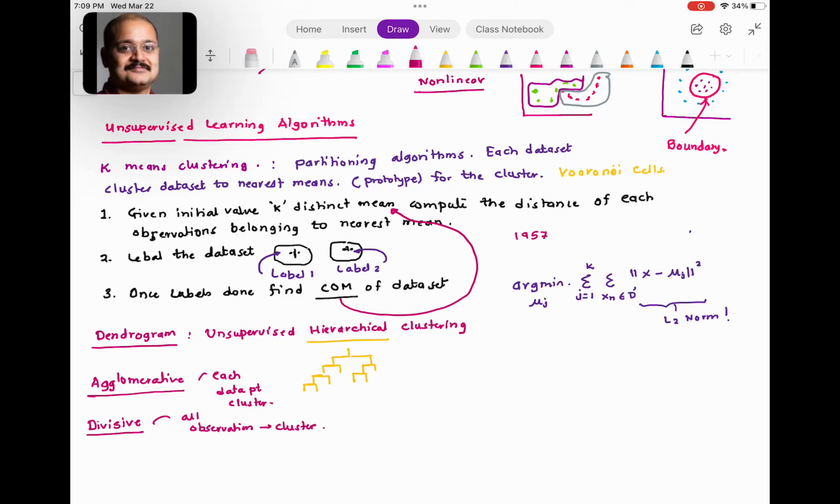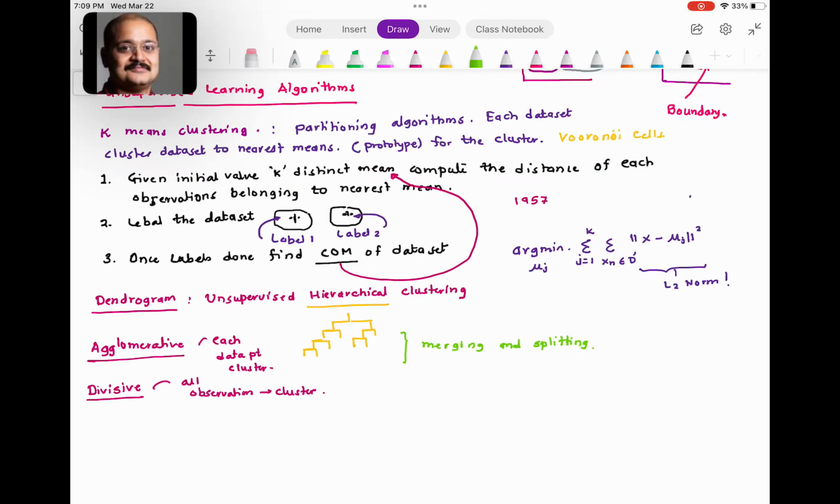So you can have agglomerative or you can have divisive. Now, again, in this process you perform something called merging and splitting. And in this particular case, first I will look at the agglomerative